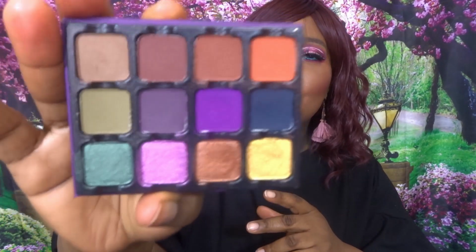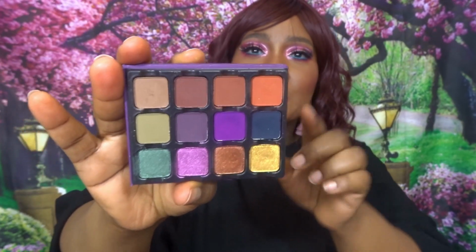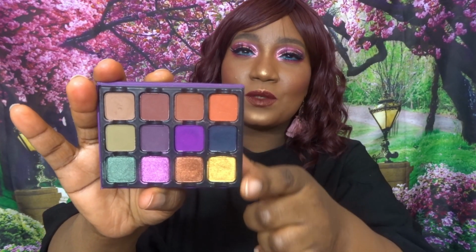Okay, next brand is Viziet, and this was very difficult in picking one because I have about 5 favorites from Viziet. But if push comes to shove, then it's going to be the Dark Edit palette. This palette is gorgeous. I mean, it's so little, but it packs a punch. Look at the unique tones, the unique colors in this palette. It's got your neutral to blend out, but it's also got these beautiful shades in the middle, even the ones